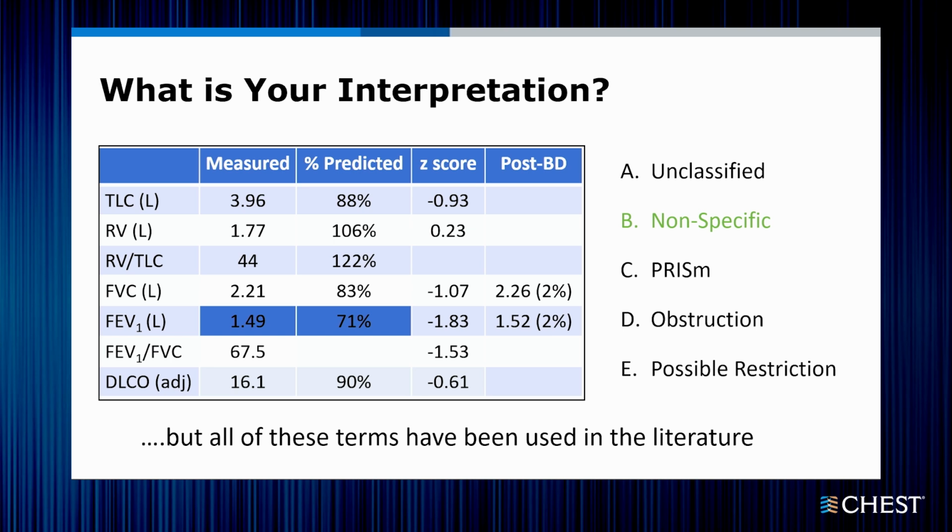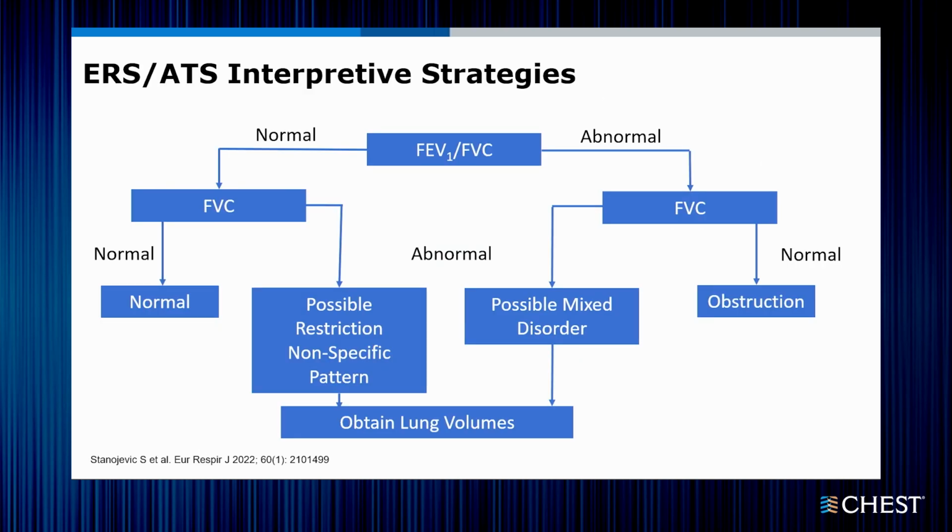So in our lab, we would call this the nonspecific pattern, but that's largely because our old lab director, Bob Hyatt, described the nonspecific pattern, and so out of respect to him and his paper, we continue to do that. And just to anchor our discussion within the 2022 ATS-ERS interpretive strategies, what we're talking about here, at least what's listed in the guidelines, is an individual who has a normal FEV1/FVC ratio and an abnormal FVC falls into this possible restriction non-specific pattern, and when we obtain lung volumes, those lung volumes are typically normal,